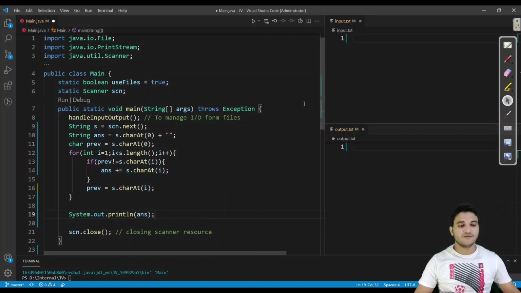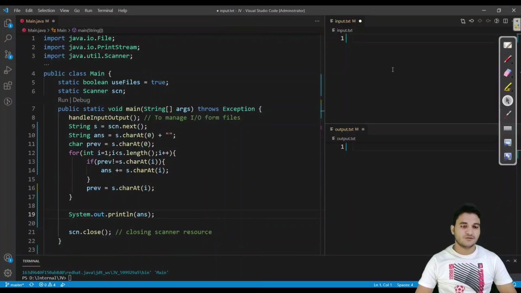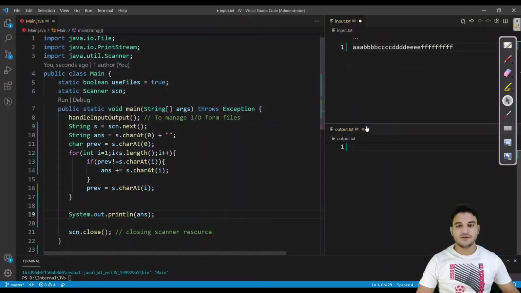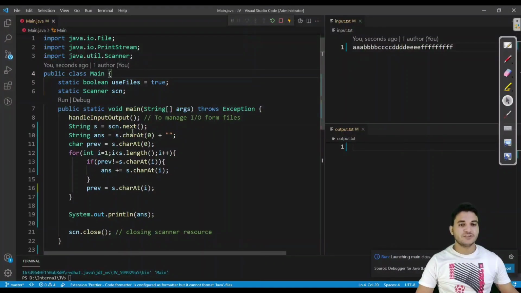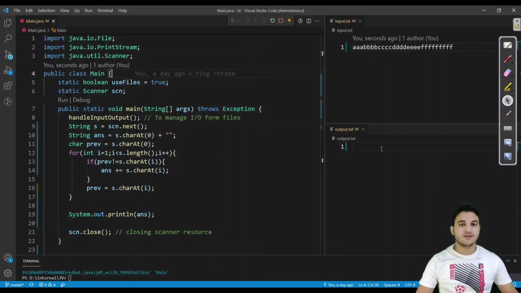Let us see this running. First of all, we'll have to provide the input. The input can be a, b, c, d, e and f, and you will see we will only get one a, b, c, d, e, f. If we get one a, b, c, d, then our program is correct, and we'll push this code into GitHub so that you can download the code from there. Let us first see whether we are wrong or right. As you can see, we are getting a, b, c, d, e, f. That means our code is correct.